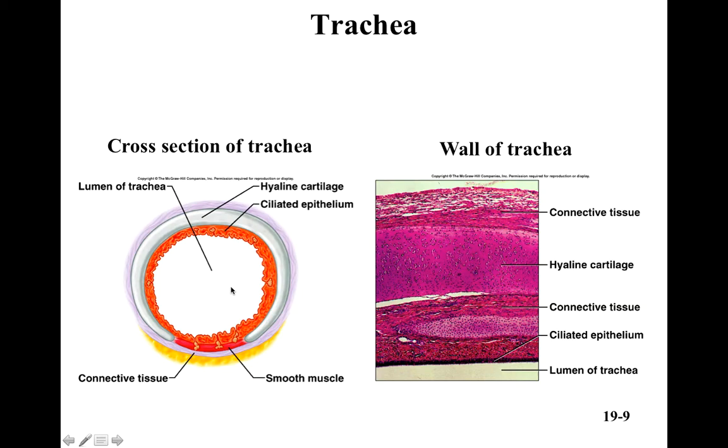Trachea, that's our windpipe. The trachea has that C-shaped hyaline cartilage to keep its shape, and the C is open in the back where the esophagus would be. So the esophagus would be back here, and any food that's getting stuck in here can then push into the